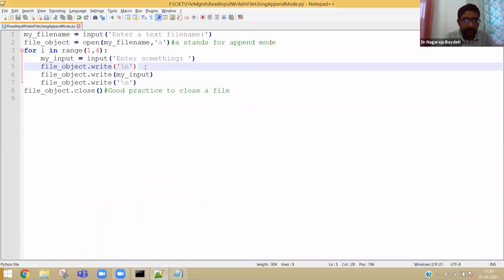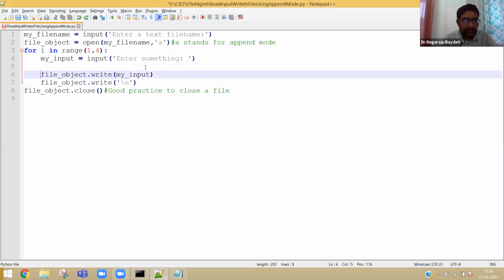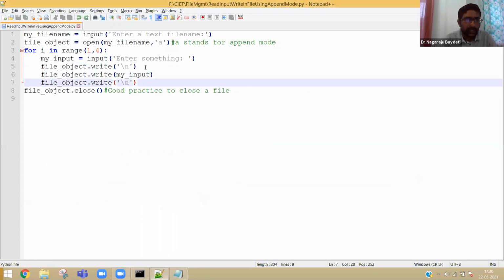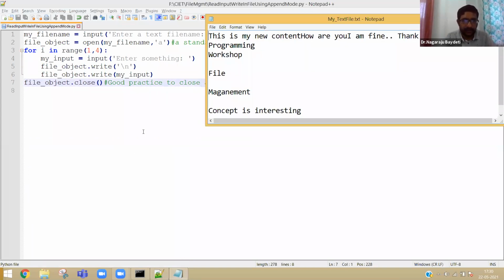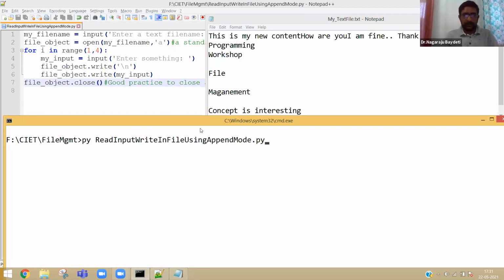So I am trying to improvise the logic in front of you to show you the difference instead of directly writing this piece of code and executing. I believe you guys are enjoying the session. Now I am again giving the same inputs.